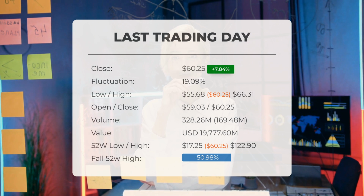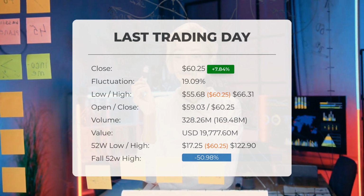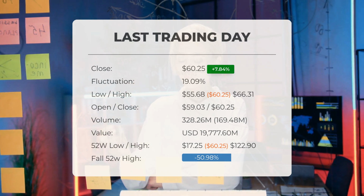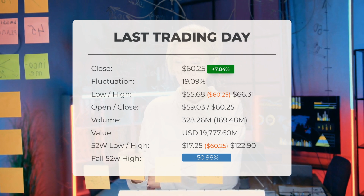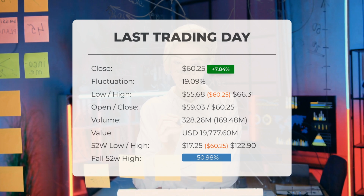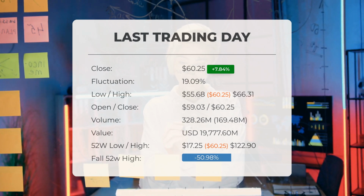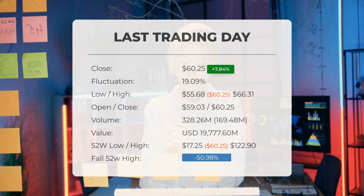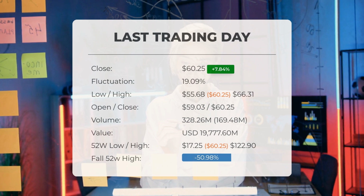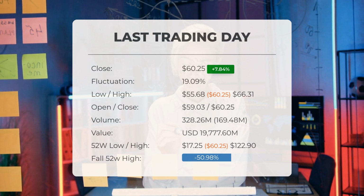During the last trading day, the stock fluctuated by 19.09%, with a low of $55.68 and a high of $66.31. The price has increased on 8 of the last 10 days and is up by 106.62% over the past 2 weeks. Volume has also increased on the last day alongside the price, which is a positive technical indicator. In total, 169 million more shares were traded compared to the previous day. In total, 328 million shares were bought and sold for approximately